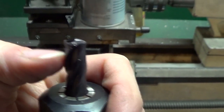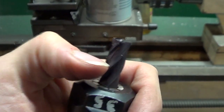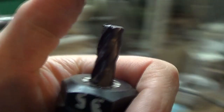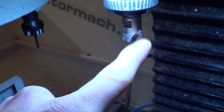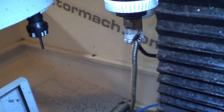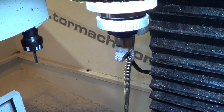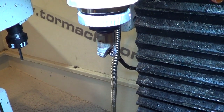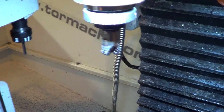But for this purpose, I'd be essentially buying tons and tons of these just to wear out the tiny tips of them. And that's a lot of carbide to spend money on, whereas these little inserts are a super small amount of carbide and relatively cheaper to replace. They're not cheap, but between the tool life and the cost of them, it's definitely the way to go. And as far as surface finish,